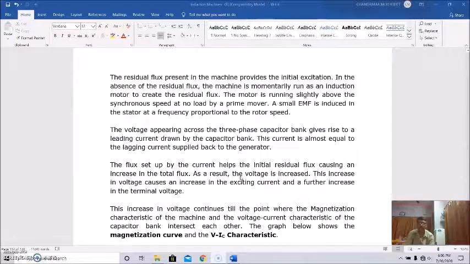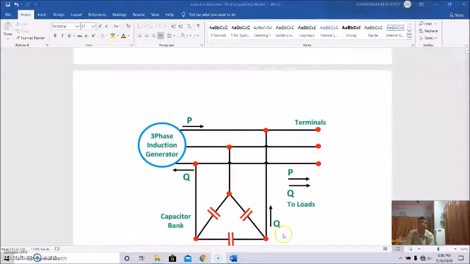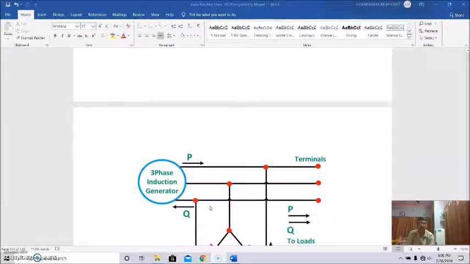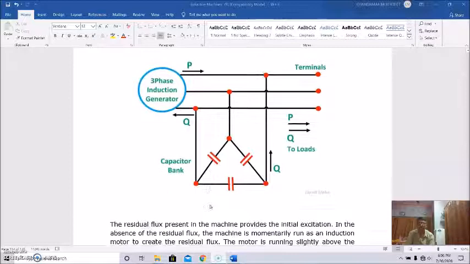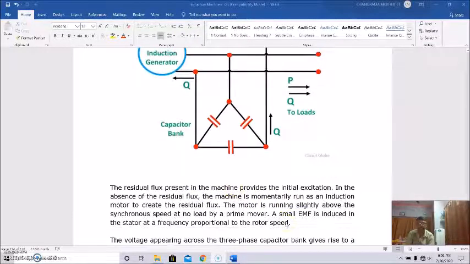Once again, when the arrangement is done in such a way that a delta connected capacitor bank is connected along the supply terminals, at the very beginning, if there is no residual flux, then with the help of the prime mover, the induction machine is run as a motor momentarily, and then it will create some residual flux. The machine is then run slightly above the synchronous speed at no load by the prime mover, and a small EMF is induced in the stator